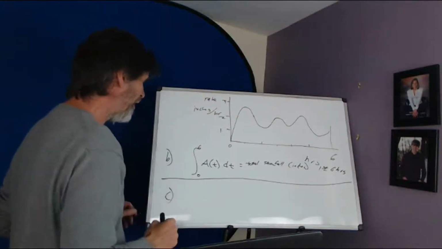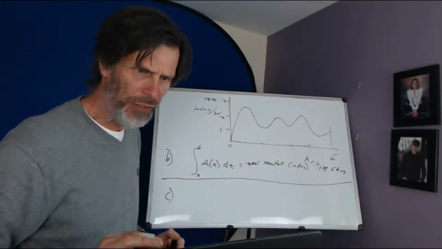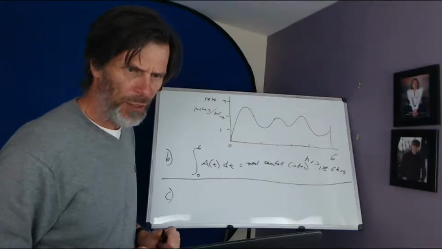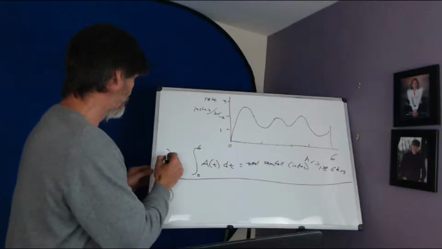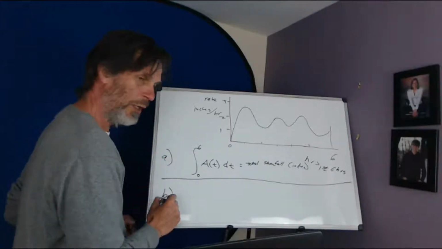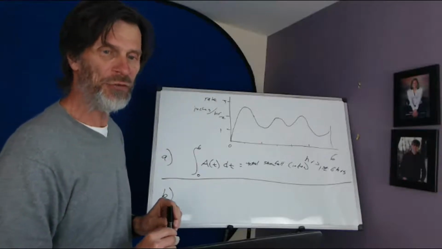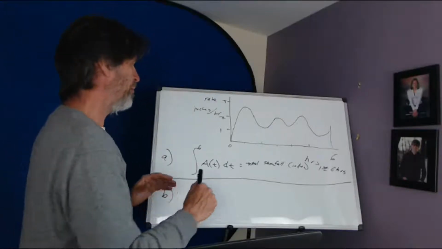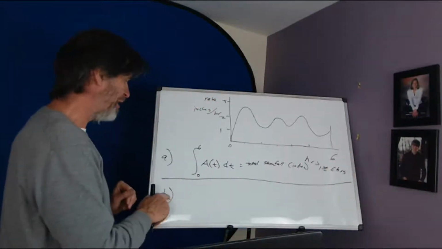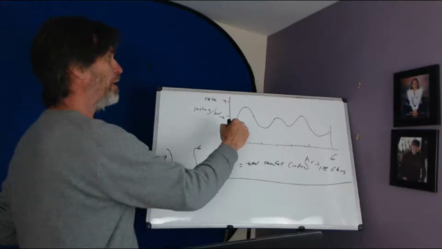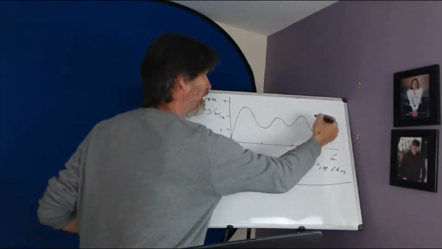Part C, I believe they asked for the average, it was me, I wrote this. Sorry, I guess this was part A, wasn't it? On part B, I want the mathematical expression that would find the average rate of snowfall. So this is how many inches of snow we got. How am I going to find the average rate?